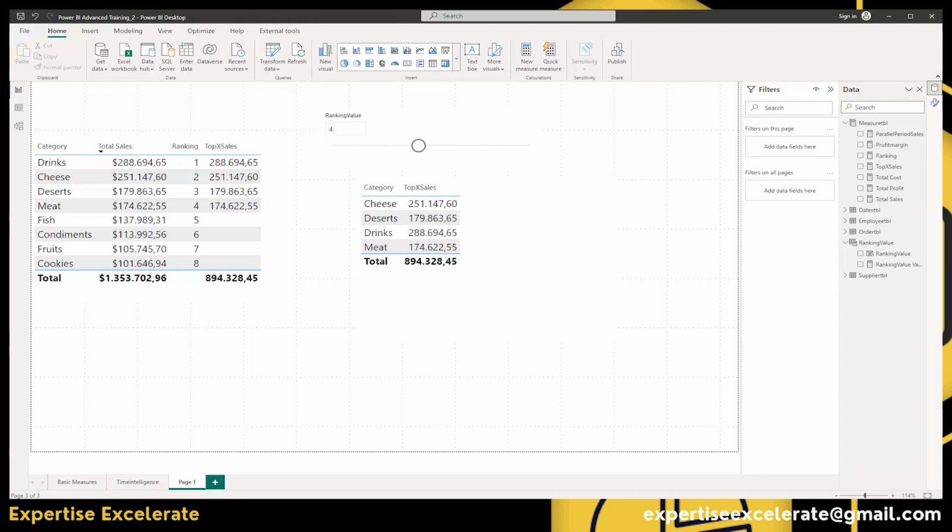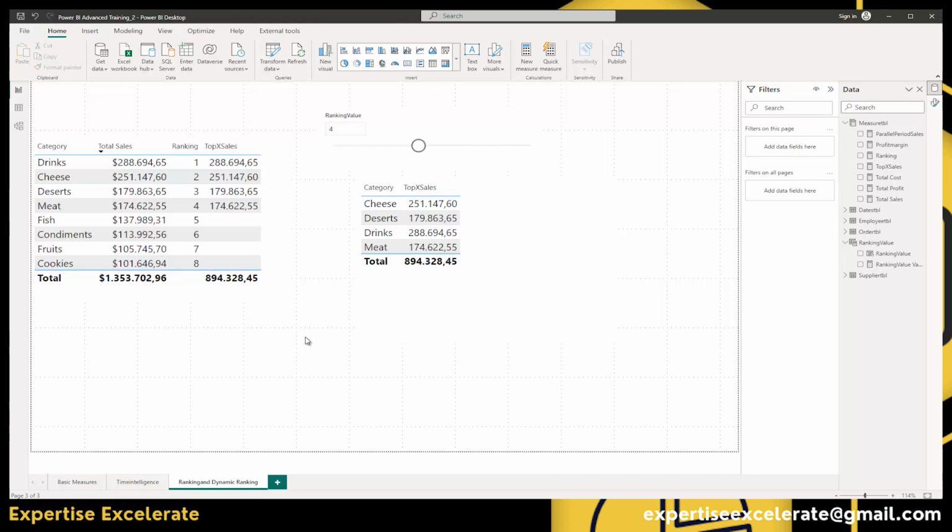Before we do this, let me rename the current page and call this ranking and dynamic ranking. Okay, like that, for instance. That's just the name I'm going to give it, and then I press Ctrl S to save it, so my report is saved. Alright, so let's explore how we can calculate the cumulative sales or running total sales for the